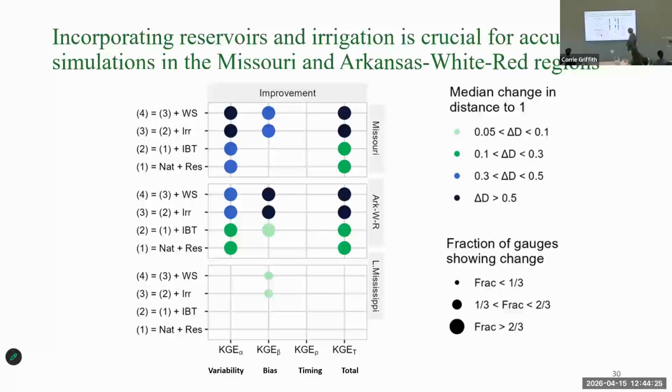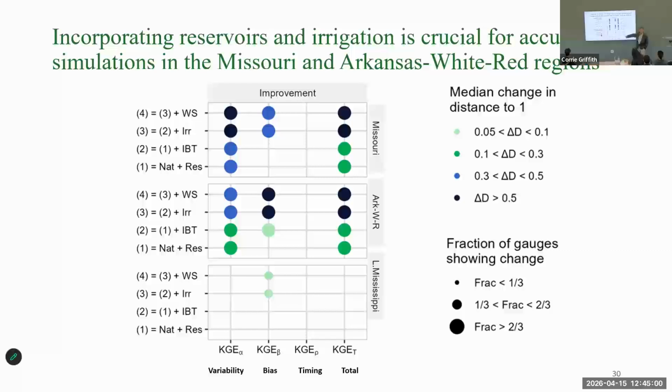And so here we try to show the different levels of improvement, from green to blue. And also the size of the circles represents the percentage of gauges. What is the percentage of the gauges being affected? All right, and then we have